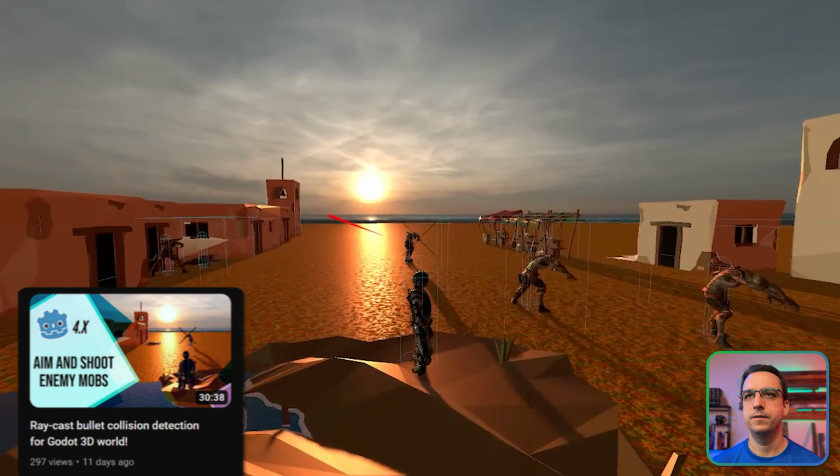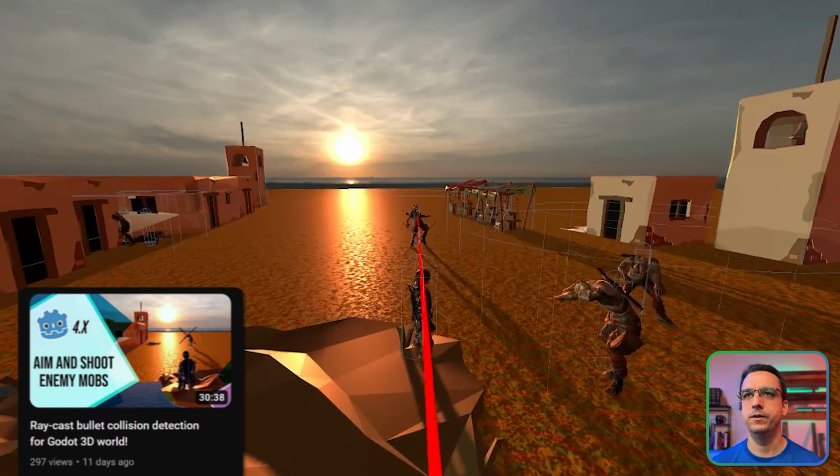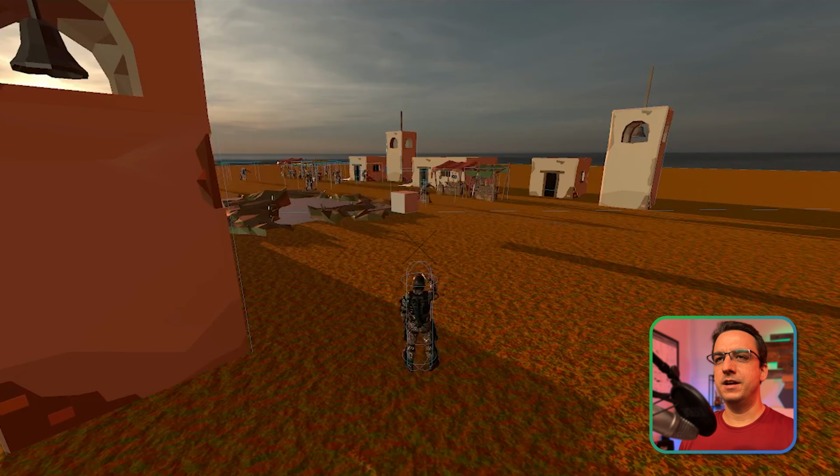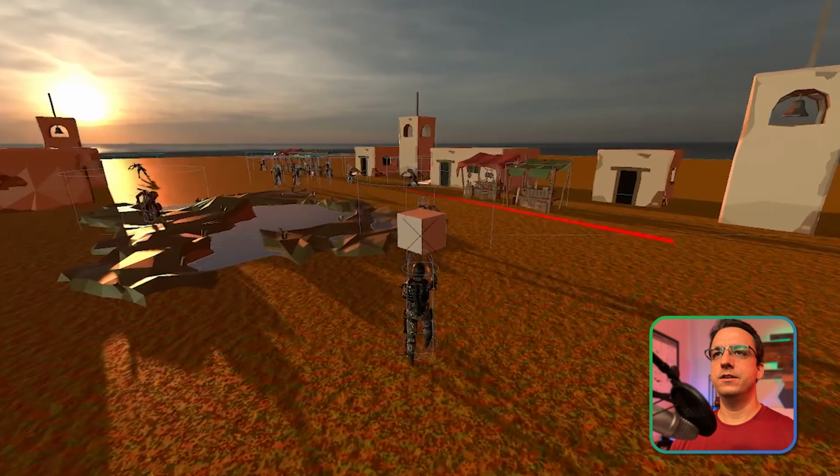So in my last video, we looked at how to simulate bullet collisions with the enemy mobs using a raycast, but that was more suited for a first-person controller setup. But if you look at my game and the demo that I've been making, it's actually set up in third person. And with a third-person controller, we're going to run into issues because if you look at this scenario,